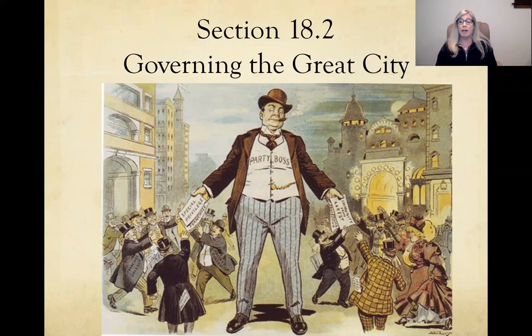that these large urban areas were governing themselves. So look at this cartoon. You've got the big city there. You've got, standing in the middle, this big man, and on his vest it says party boss. So the bosses of the political machines were kind of the head of the local political organizations. And what's he handing out to the people? It says special privilege. It says franchise, meaning that you're giving people